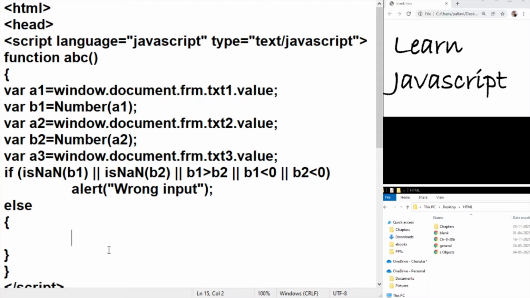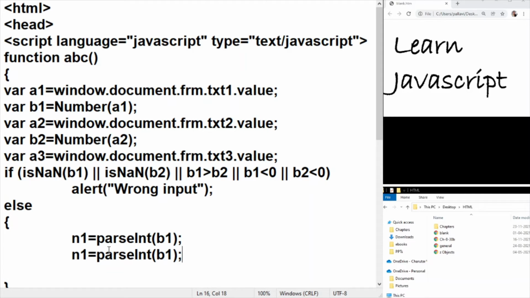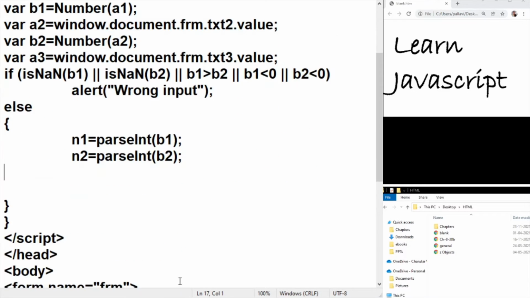Otherwise, that means if all the conditions are favorable, then we are going to go ahead and do the second check. Now the second check is that I am interested only in integer values. So we will convert the numbers that we have in B1 and B2 into N1 and N2, which would hopefully be containing the integers.